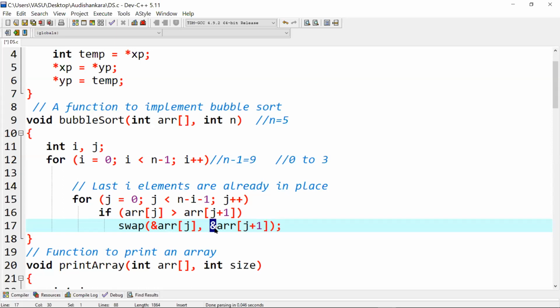Why am I passing the address? Because if I pass only the values, then the actual parameters will not change. You remember, the actual parameters means the actual values will not change. How does the swapping operation happen? How is the swapping operation performed? Do you remember that or not?